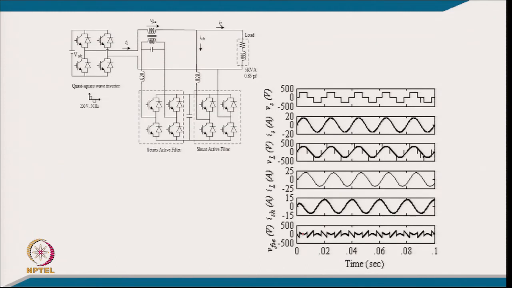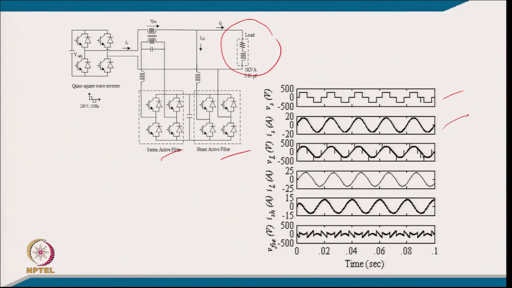So, this is the circuit that we have: an inverter here which is giving a quasi square wave, and we have this universal active power filter which has a series filter and shunt filter with a common DC bus, and we have a load here, a lagging power factor load. So, this is the kind of waveform the supply side inverter is giving us, and this is